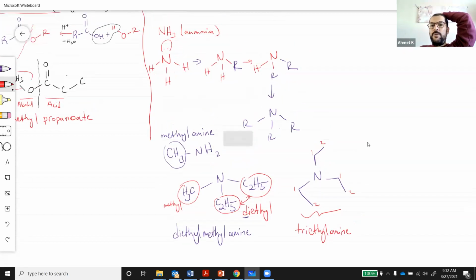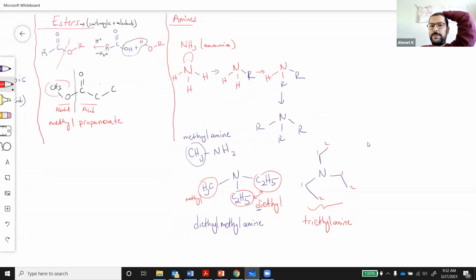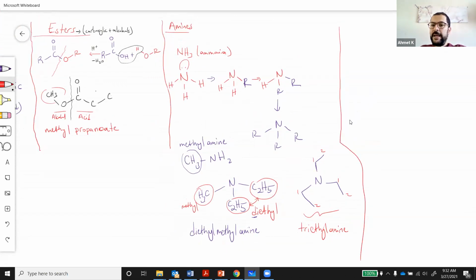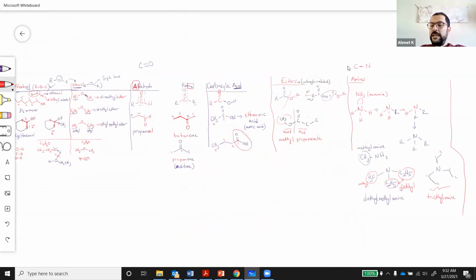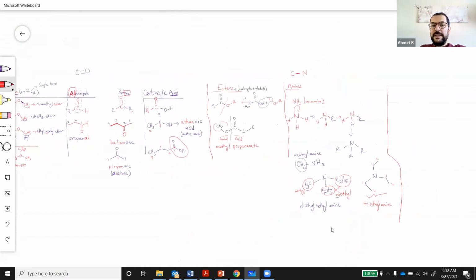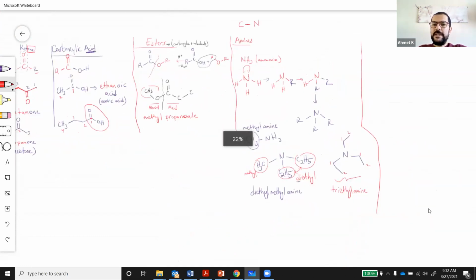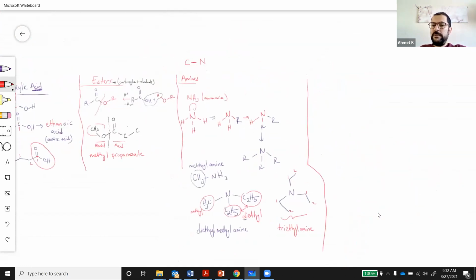All right, so now this is the last functional group, guys. Yep, that's the last part. And now I want to show you again, we're going to bring back our friend, right? I'm going to have still my carbon attached to a nitrogen, but now I want to bring in my carbonyl, right? So in the last functional group,